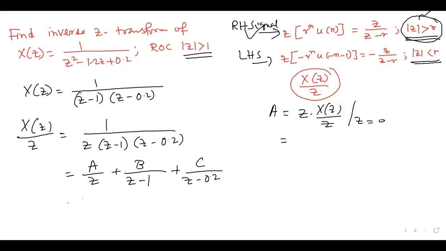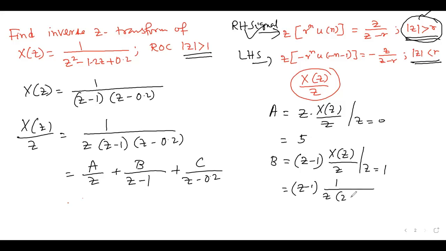A কত? Sir, 5. Very good, A is 5. B কত? B is (z minus 1) into Xz by z. Sir, minus 5. So 0. ঠিক করে বলো. z minus 1, z not equal to 0, z equal to 1. So z minus 1, 1 by z into (z minus 1) into (z minus 0.5). 0 1 1 আর এটা হচ্ছে 0.8